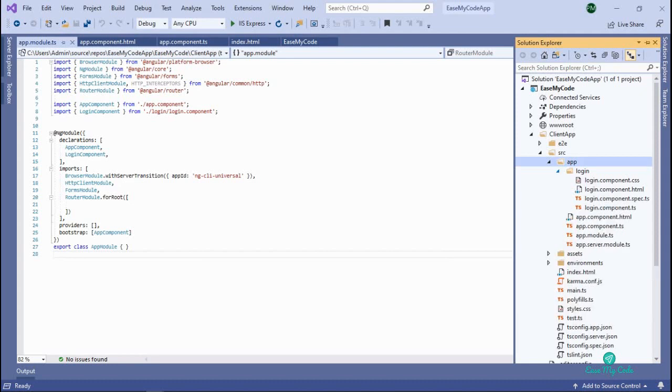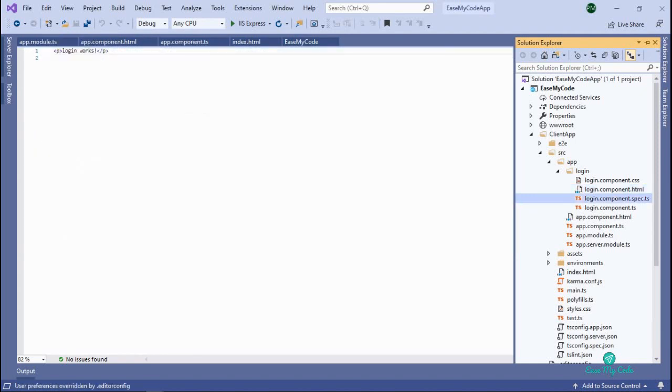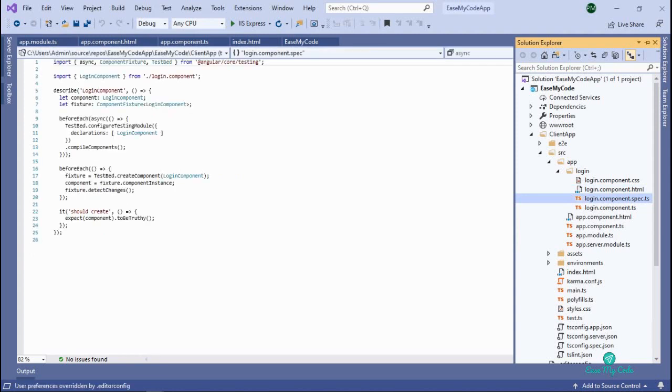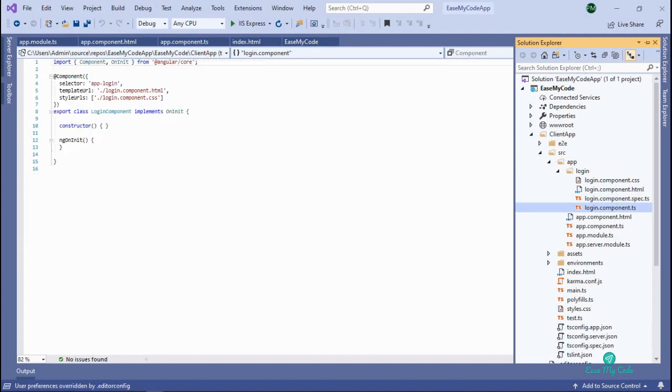Now, whenever a component is created, there are four files which are created by default. One is the CSS for all your style sheets. One is the HTML where you will write the HTML code. One is the specification for your TypeScript file. You don't actually write anything here. And then we have the component.ts, which is the main file, your TypeScript file, where you write the actual code of your Angular logic. So four files are created now. So let's add our HTML content and the CSS so that our page is ready.